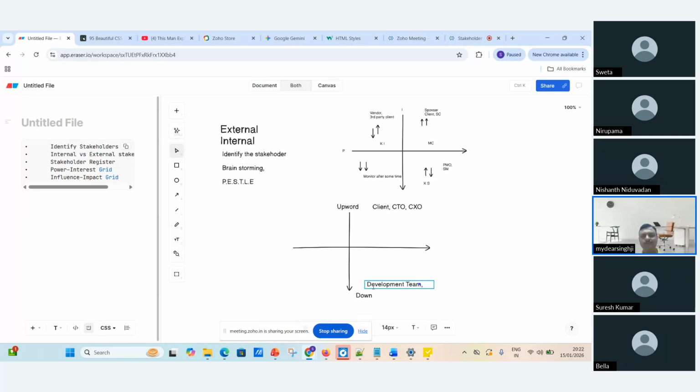Most of them report to us. So these are my downward stakeholders. Okay, what is the sideward? Who will be the sideward stakeholder? Any idea?